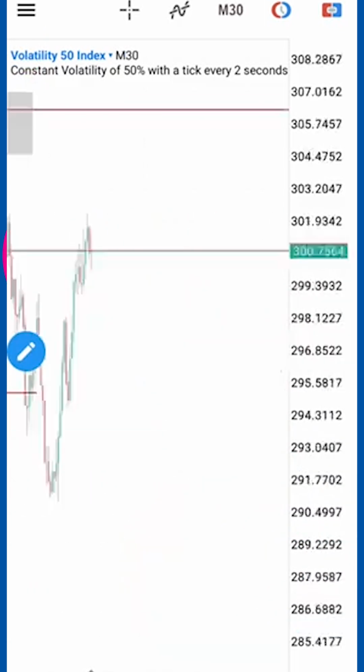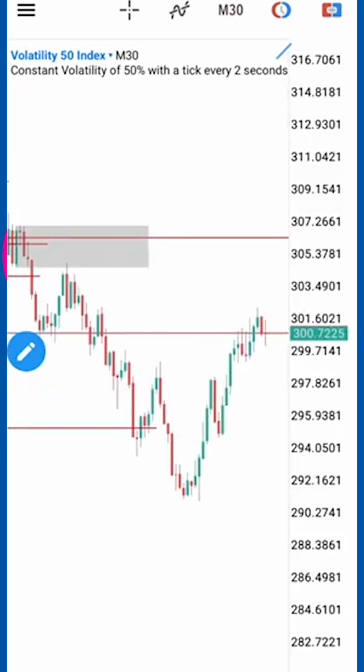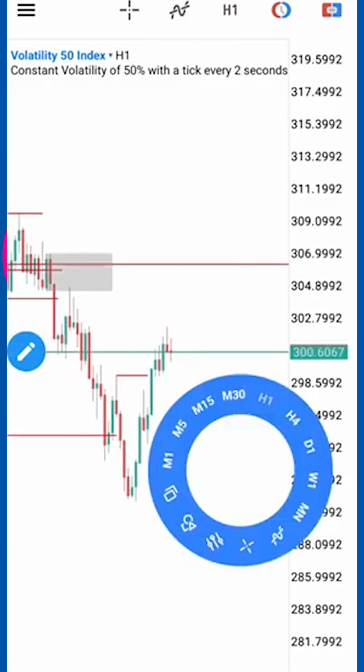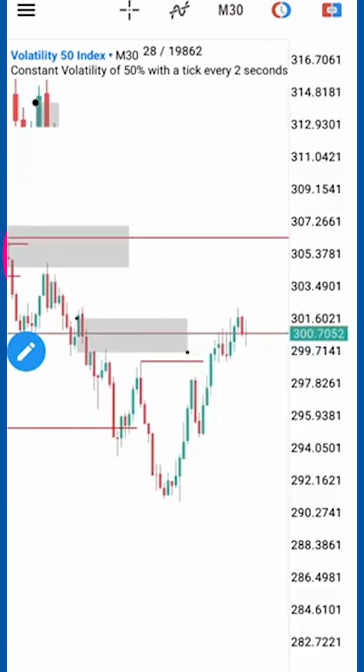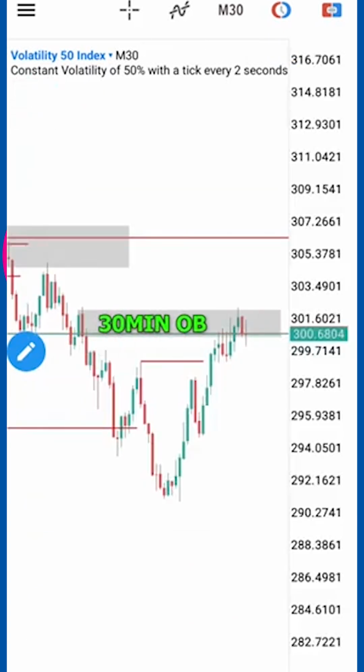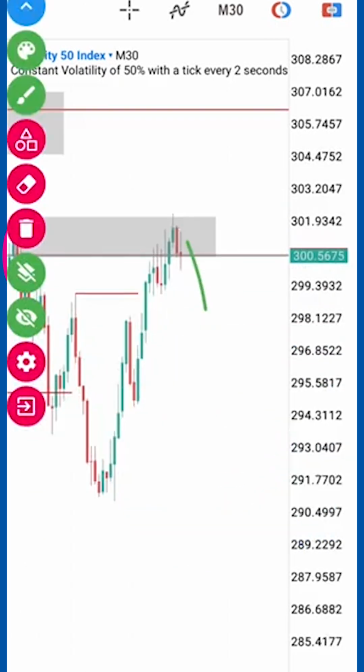Now if you see, you can nicely see that price raided that high. Let me just mark it out right there. That's a raid right there. So price just raided that high, and above that high, of course, it's within the range. You can see there's a 30-minute order block. Now that 30-minute order block, price has to respect it and then drop downwards, and we're going to be selling